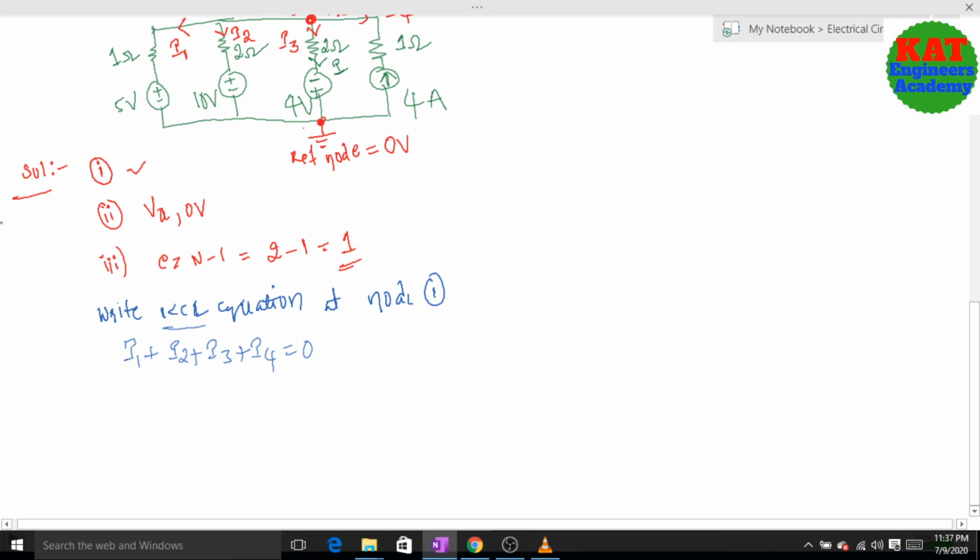For example, we are having two nodes. This I consider Vx. This I consider Vy. Now in between these nodes we are having one resistor, and one voltage source with plus and minus, like this V. Next, this is R. Next, the current flowing through the element is I. Is it clear? So between Vx and Vy we are having a resistor and a voltage source. The voltage source direction is plus minus.